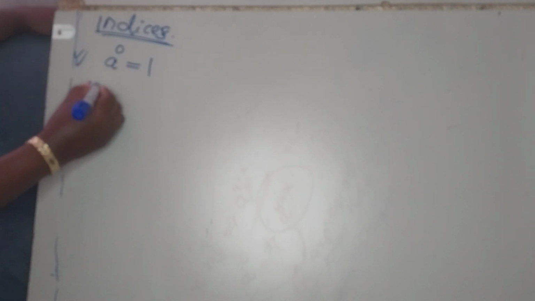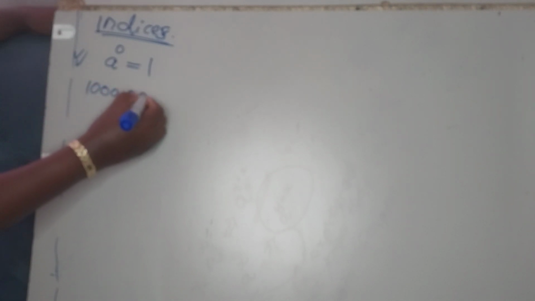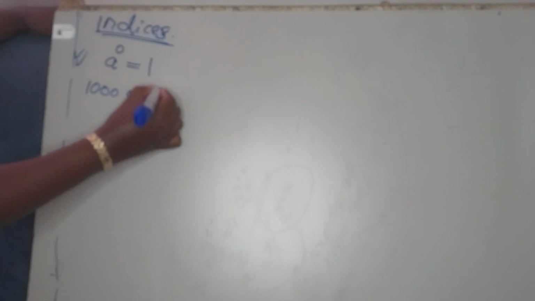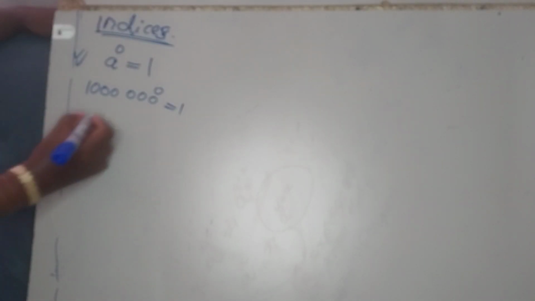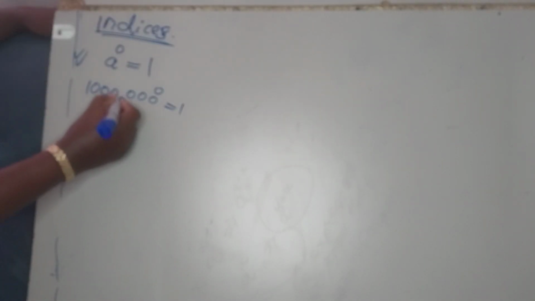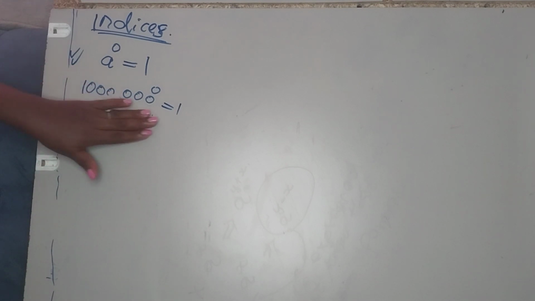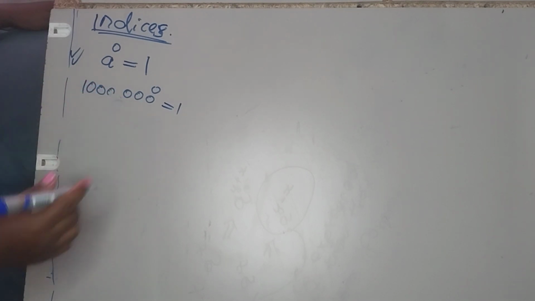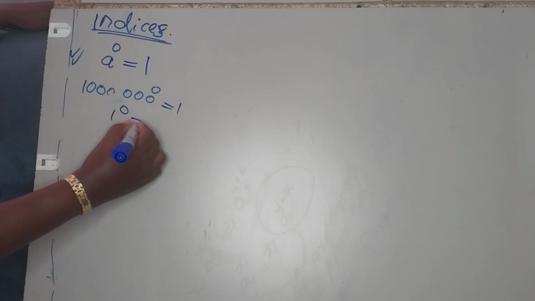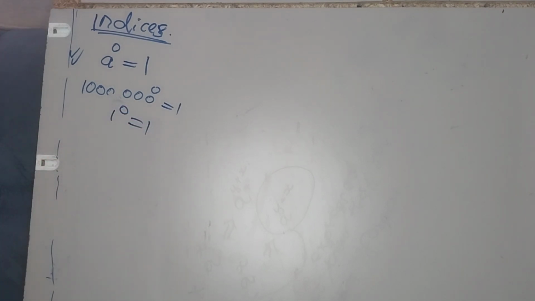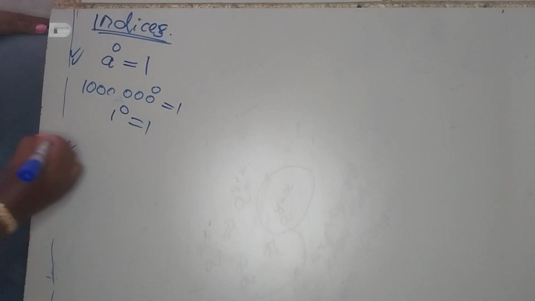If I pick 1 million and raise it to the power 0, it will simply give me 1. If I again pick the least number, for example, 1 raised to power 0, it will simply give me again 1. I can try to write it with a space so that you can know the difference. 1 raised to power 0 gives us a 1. The second basic,